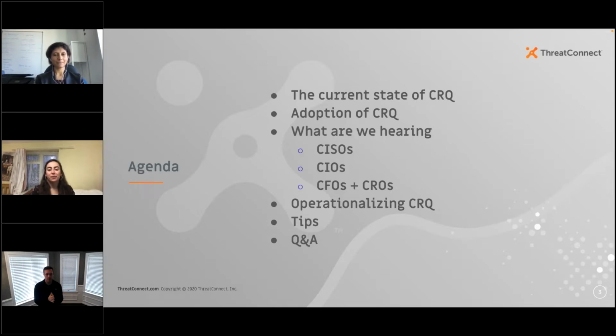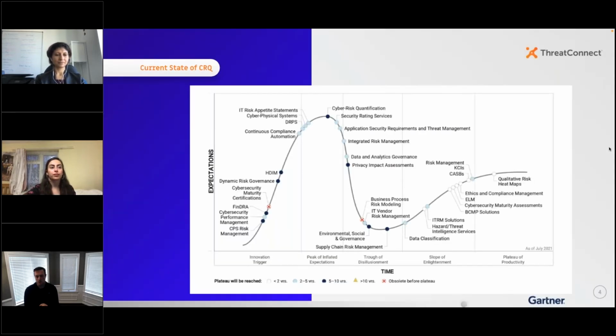So why don't we jump right in and go talk about the current state of cyber risk quantification. Sharing a slide from Gartner, we got this a couple of months ago, and I was pleasantly surprised to see this. As I mentioned, I've been tracking cyber risk quantification for years. It's become a passion area of mine, and we saw this from Gartner, and all of a sudden, right at the top of the hype cycle, you see cyber risk quantification, and I was like, wow, that's